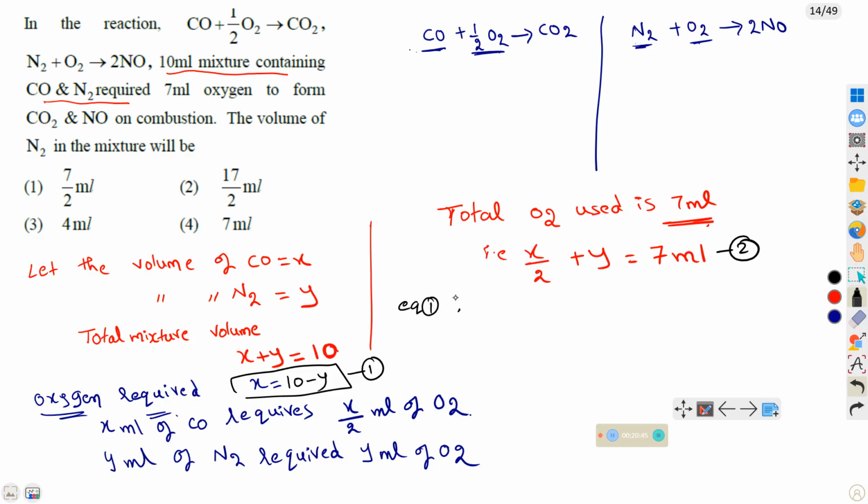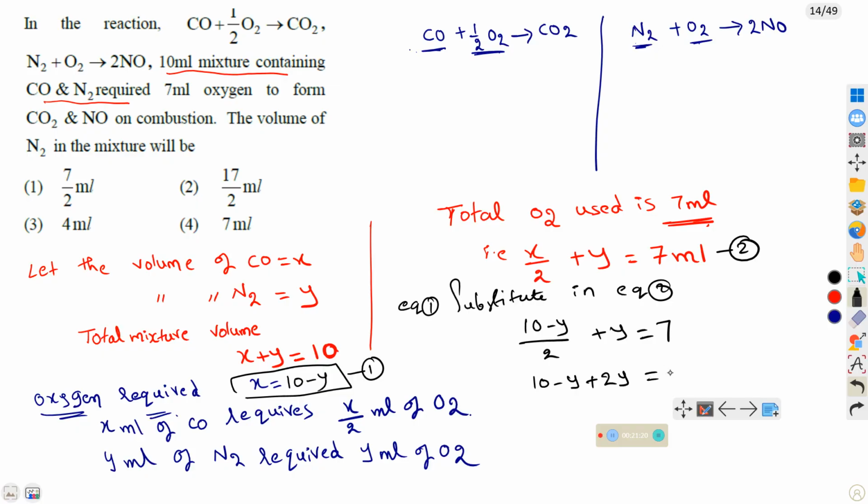Substitute equation 1 in equation 2: X by 2 plus Y is equal to 7, so (10 minus Y) by 2 plus Y is equal to 7. Simplify. LCM is 2. 10 minus Y plus 2Y is equal to 14. So 10 plus Y is equal to